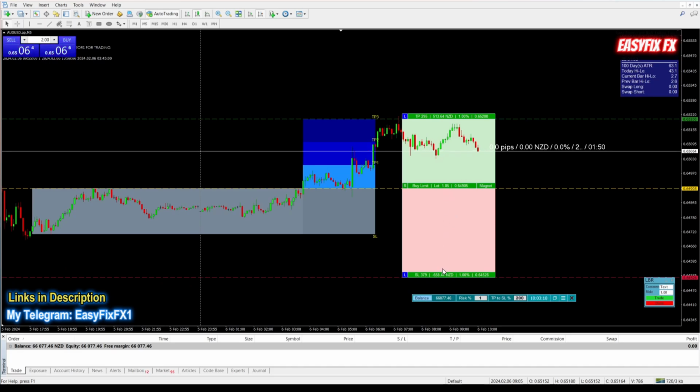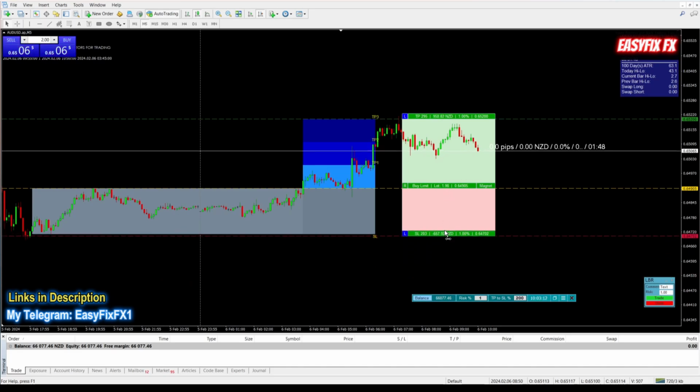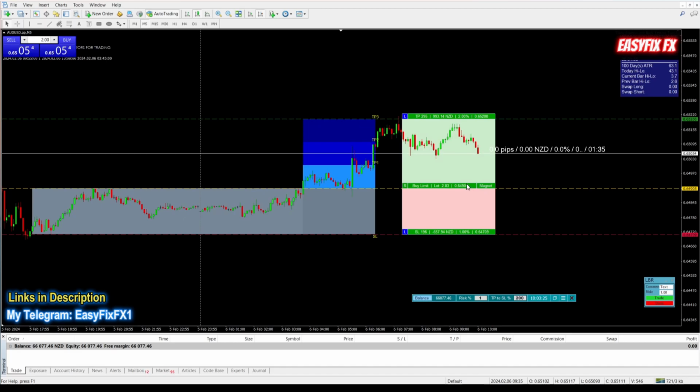If you watch here, you can see our lots are adjusting to make sure that we're never losing more than 1% of our account. Okay, so you need to have this one-click trading here at the top enabled on board, because there's no button to actually place the trade with this. So you have to place the trade physically,